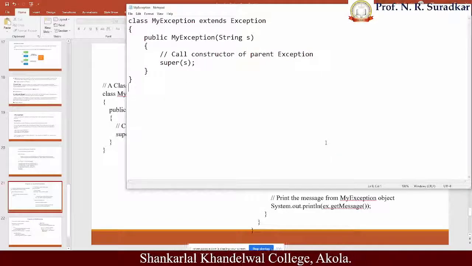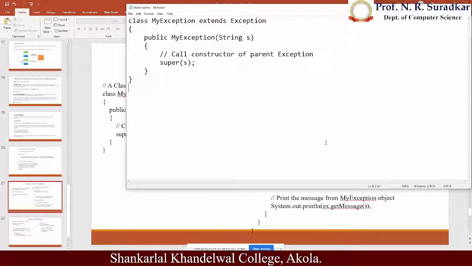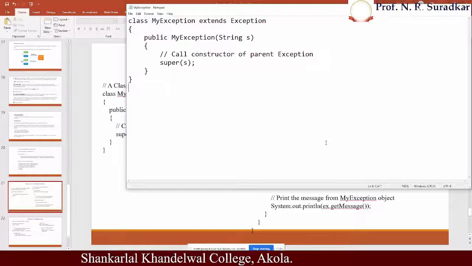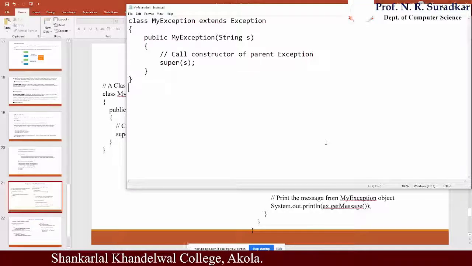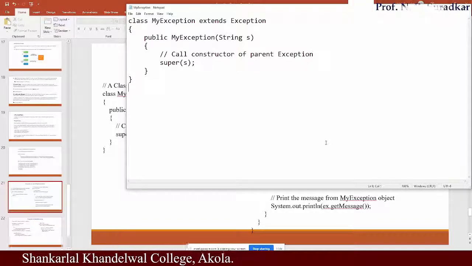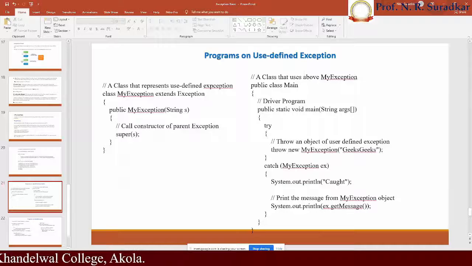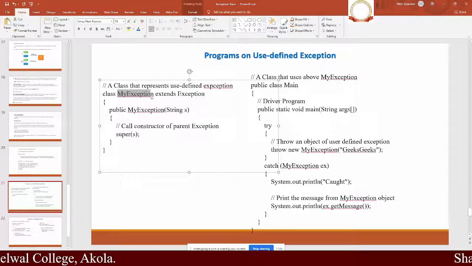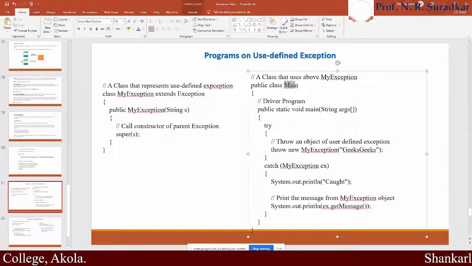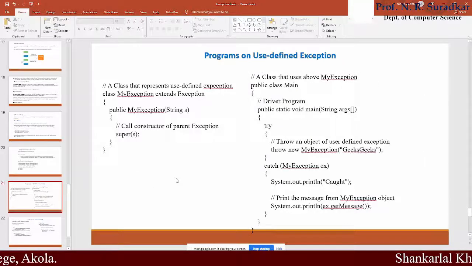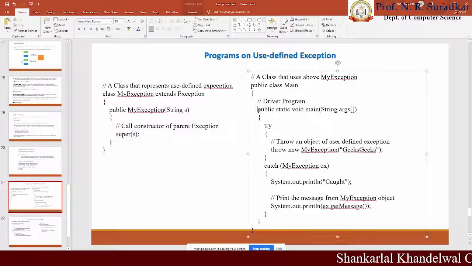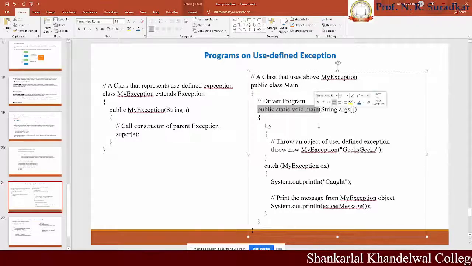Whenever we have multiple classes, each class we have to put into the editor and save first. After saving, compile each class and then execute the last class. In this situation, there are two classes. One is MyException, the second class is Main, and whichever class has the main function, the main method, the main method is public static void main.